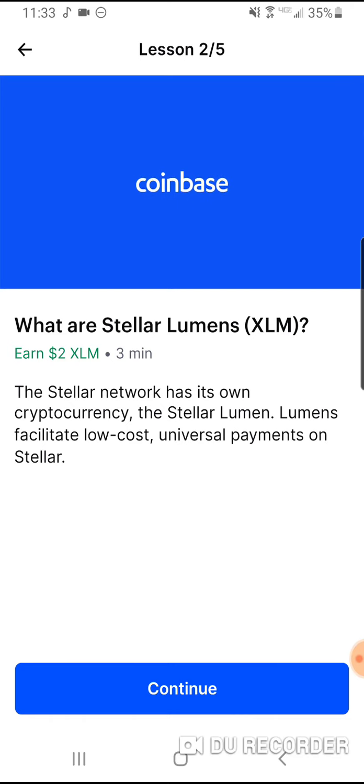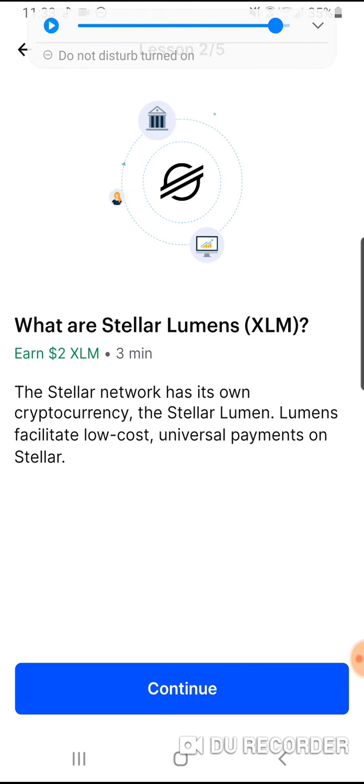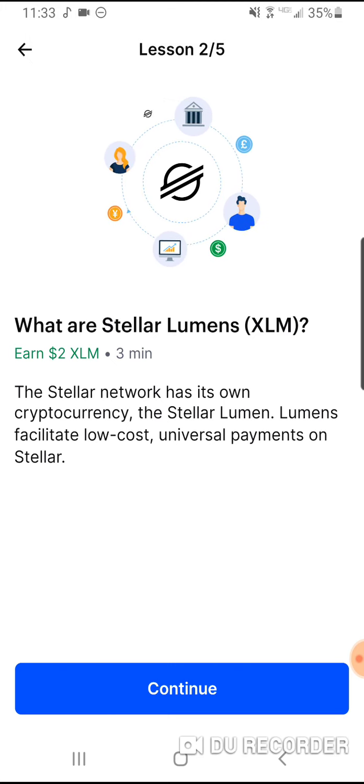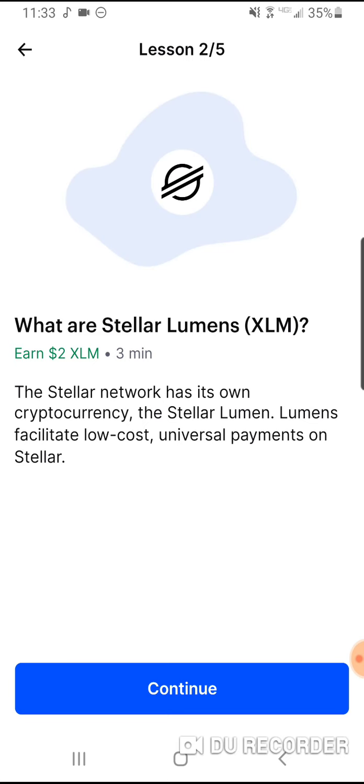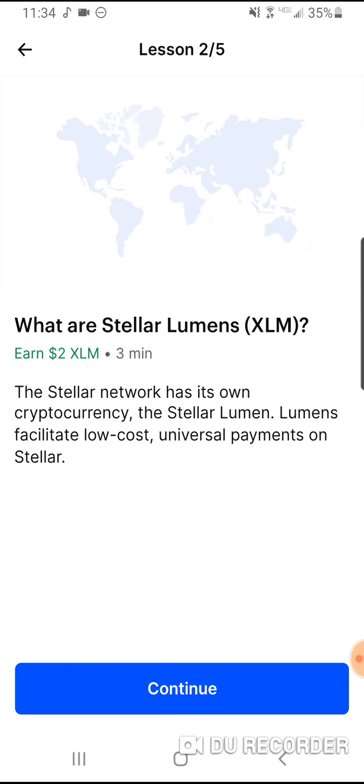Okay, so we have to listen. What are Stellar Lumens? Stellar is a platform that connects banks, payment systems, and people so they can easily move money anywhere in the world. To help make this possible, Stellar has created a cryptocurrency, the Lumen. The Lumen is the native asset of the Stellar network. It serves as a kind of universal translator between each currency. Here's how. Imagine a business in the United States needs to pay a supplier in China. They've got US dollars in their bank account in Kansas City, but they need the payment to show up as Chinese yuan in the supplier's account in Guangzhou.